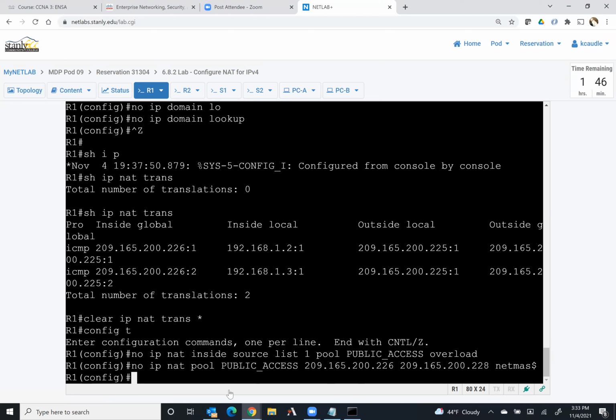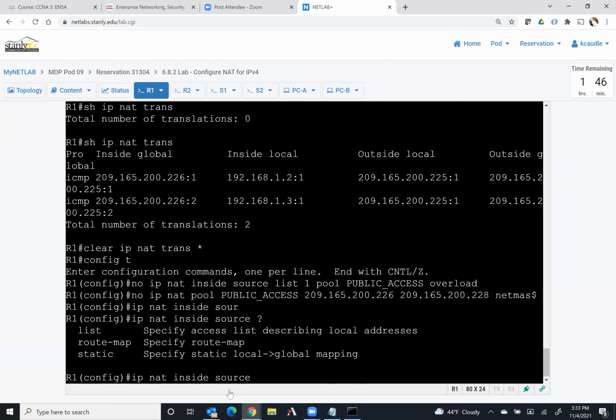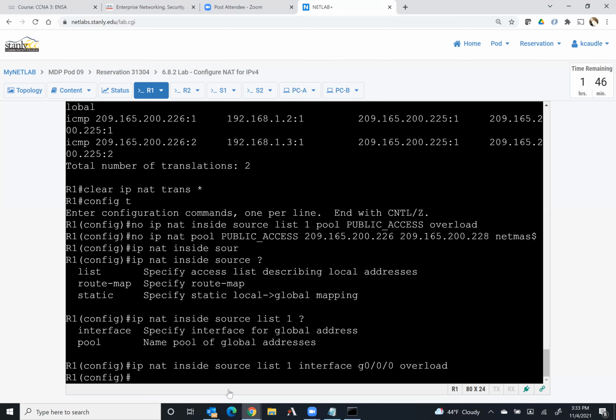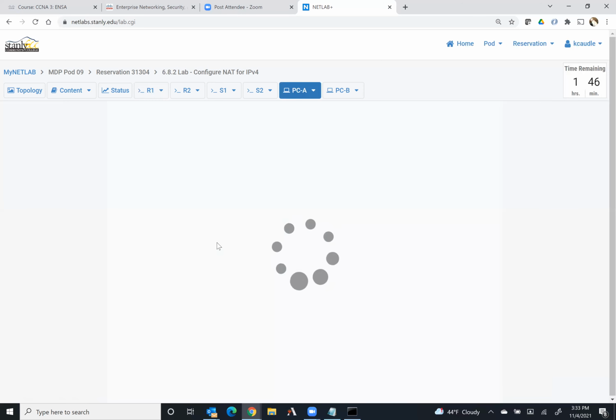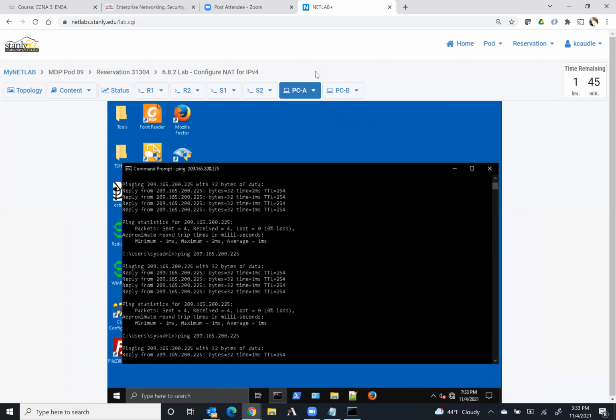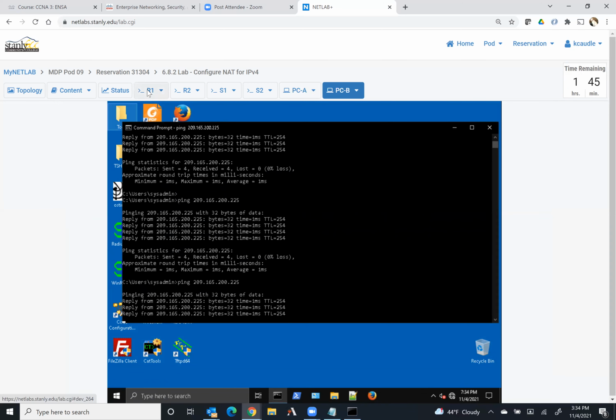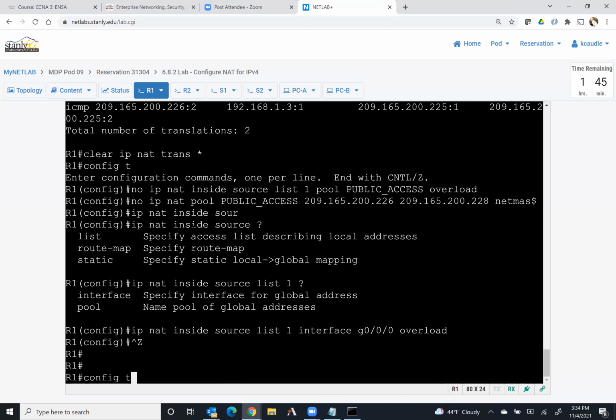What I'm going to do now is ip nat inside source, and you'll notice you can actually make it list 1. And then I'm going to go to interface G0/0/0 overload. Now, what this is going to do is take the IP address on the gig 0/0/0 interface, the outside interface, and everything that goes out from the inside is going to appear to be from that IP address. So you can see I can still ping, I can still get out to the 209 numbers, but now when I do a show ip nat trans,